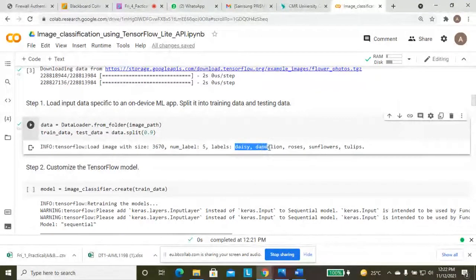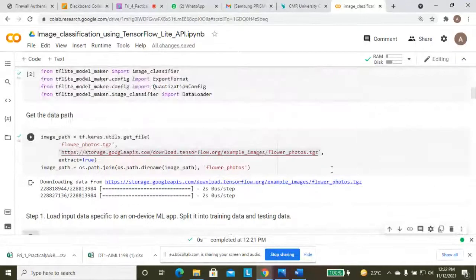Daisy, dandelion, roses, sunflowers, tulips. So I am classifying the images into only these 5 labels, and we will not get other labels. For your project you can increase the labels or change them.